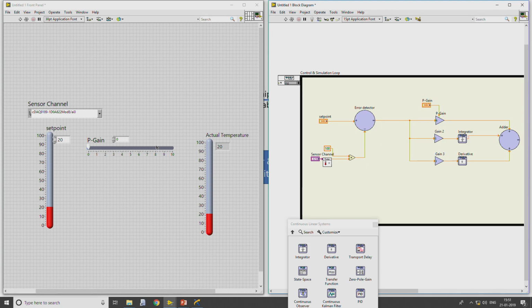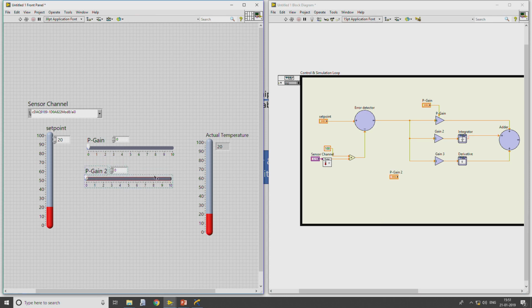Similarly, even for I gain and even for D gain. So, if you make P gain greater than 0 and I gain and D gain as 0, that means the particular controller that we are realizing is a P controller.